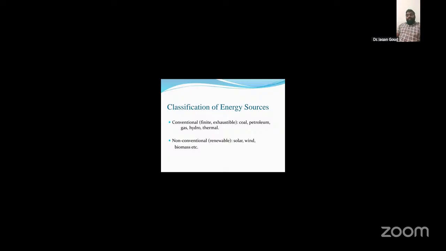Let's see about the conventional energy sources. These are traditional energy sources that have been used for a long time. Most are non-renewable and may get depleted with continuous use. Major types are coal, petroleum oil, natural gas, and thermal power, like coal, oil, and gas-based power plants, and large hydroelectric power. Key features are limited reserves, high energy output, well-developed technology and infrastructure, and being major sources of pollution and greenhouse gases.